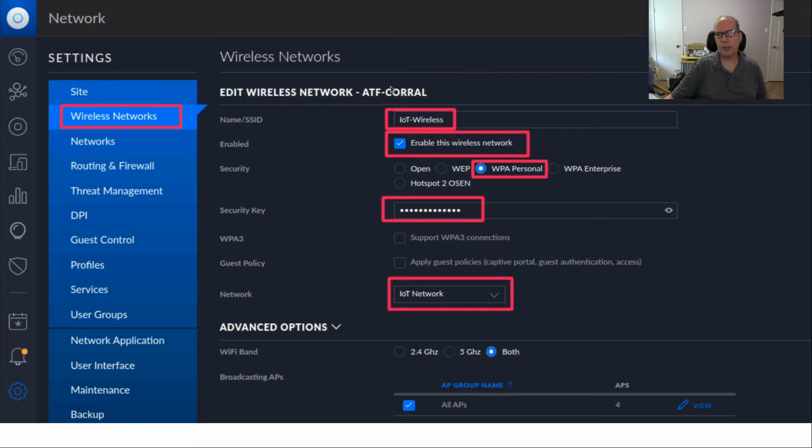My wireless network has a different name, but let's suppose that you call this thing IoT-wireless or whatever you like, and then you're going to enable the network. In my case, I set WPA personal, so I have a security key in here. And that's what all my IoT devices will use as the wireless password. And then there's a drop down here for your various VLANs and networks that you defined on your Ubiquiti UniFi router. And so I'm choosing the IoT network, and that will allow this access point to be able to assign